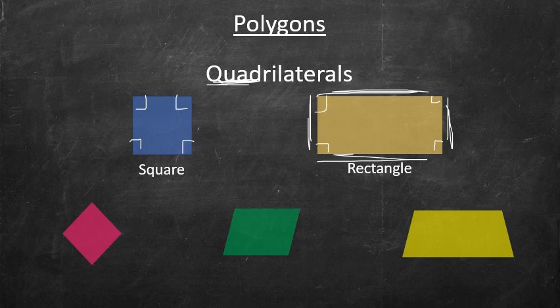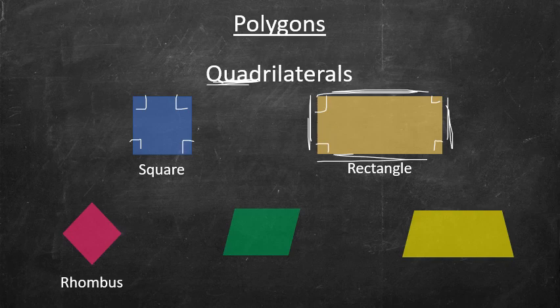Now here's a question. Can a square be a rectangle? Think about that. And also think about this. Can a rectangle be a square? Post your comments and let me know your answers, all right? All right, now,